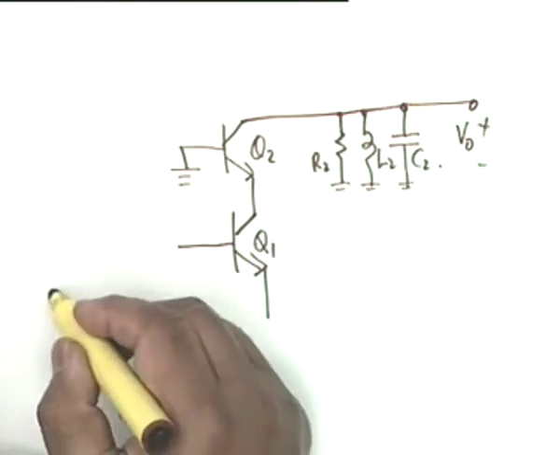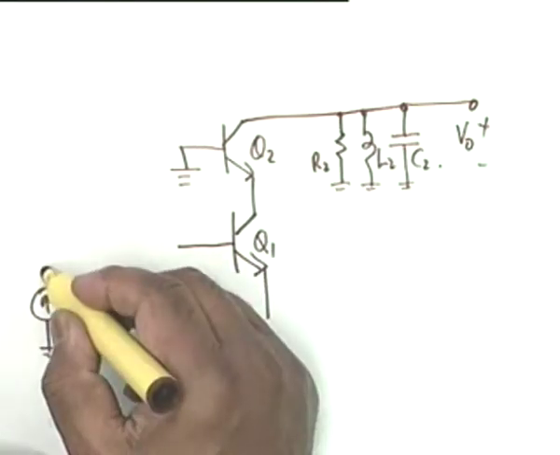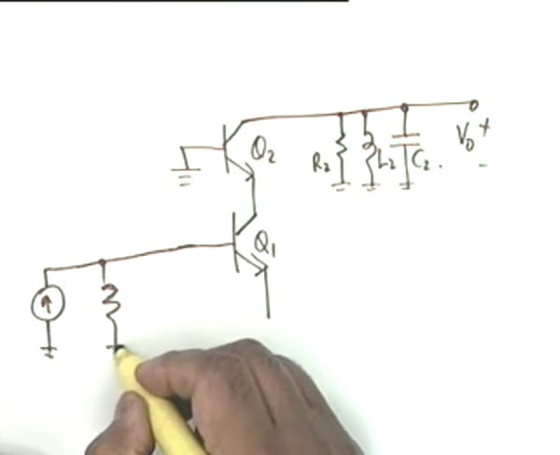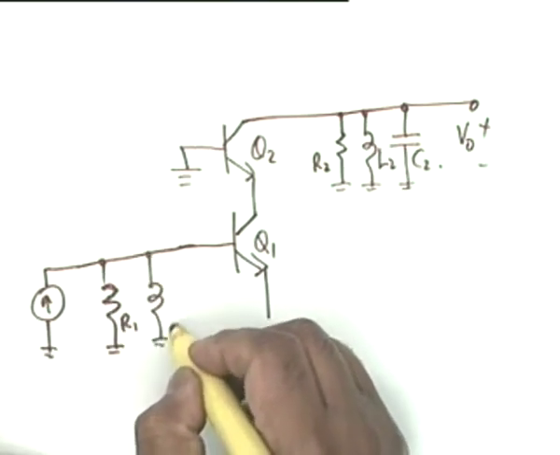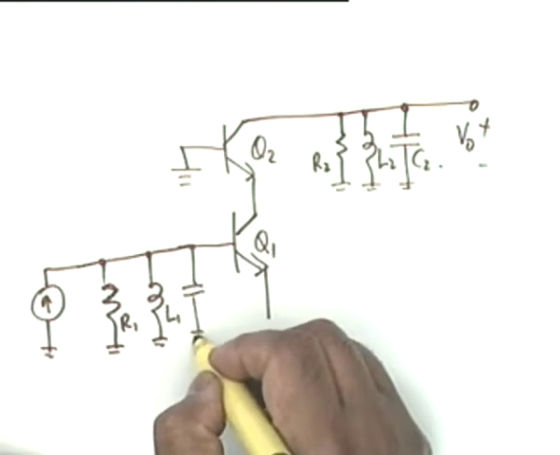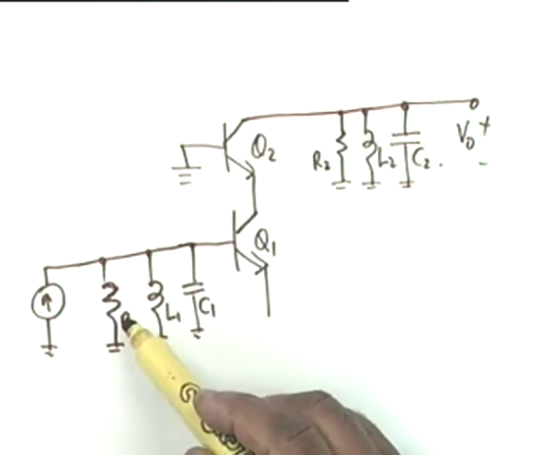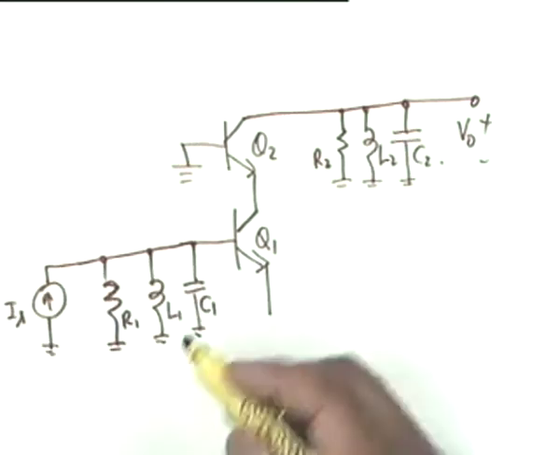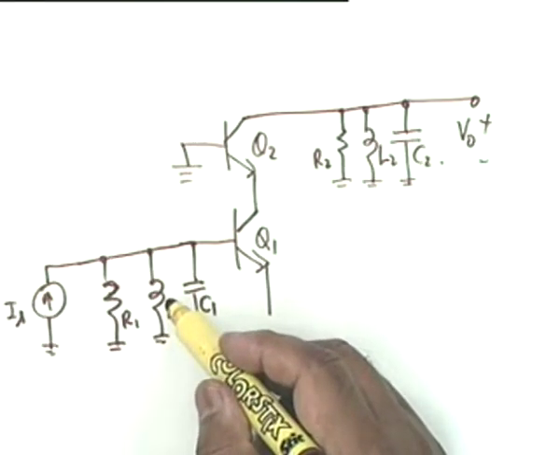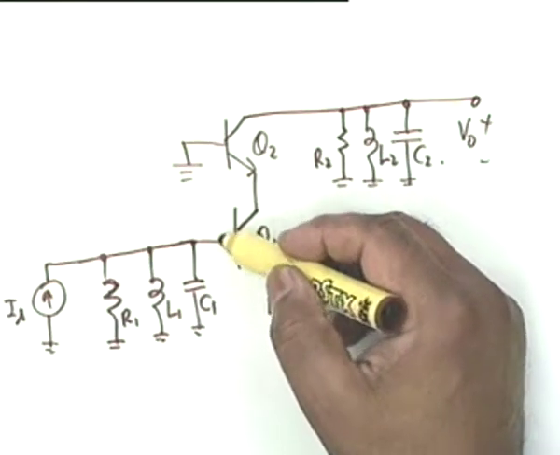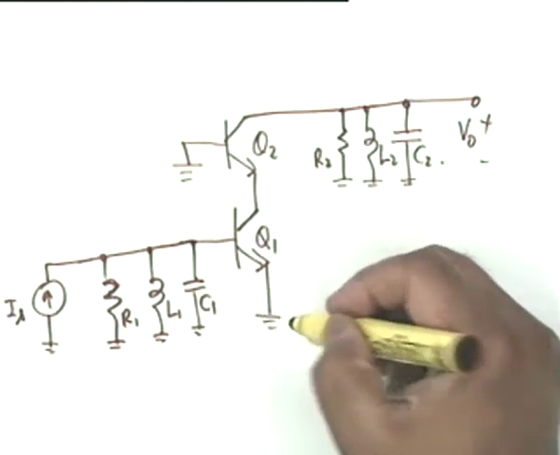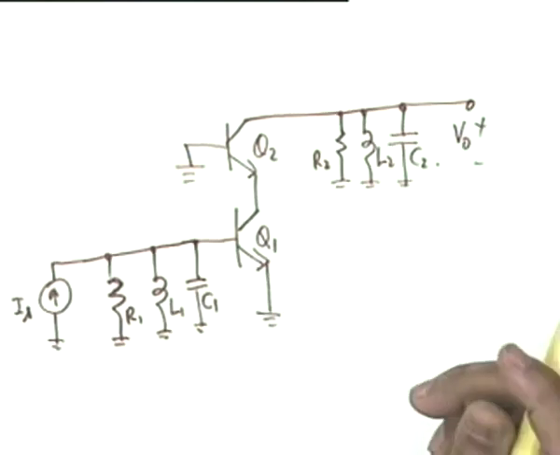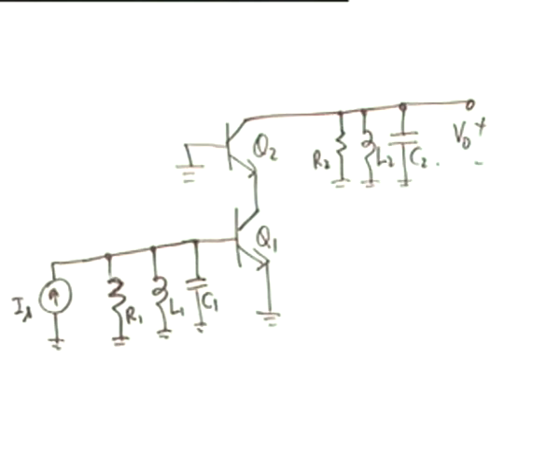And the other tuned circuit is in the base of Q1. That is, I am only drawing the AC equivalent circuit. So you have an R1 and L1 and a C1, where R1 takes care of the internal resistance of the source I sub S and also the losses of L1, okay, and the biasing resistors RB1, RB2. What else? It also has to absorb R pi 1. All right, all these combined make up the resistance R1.